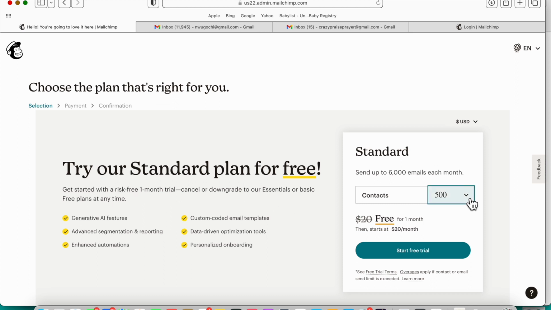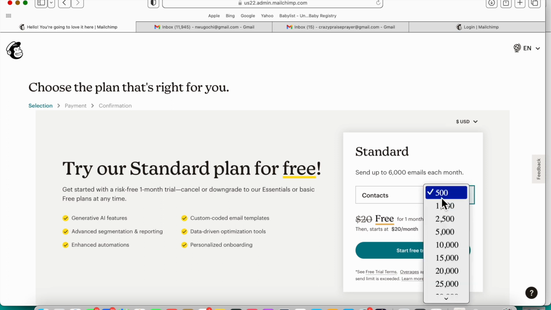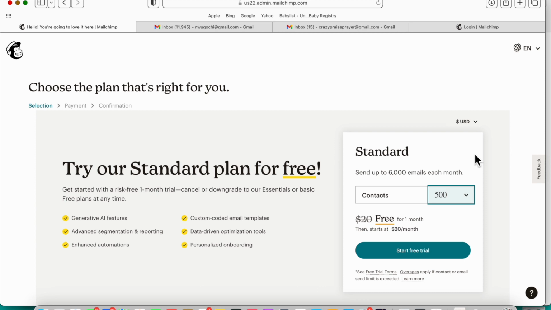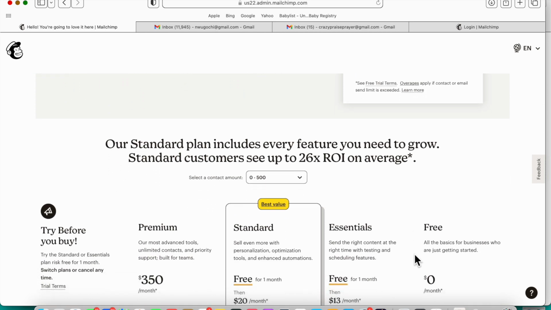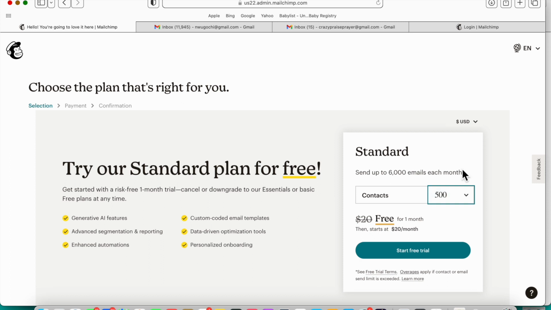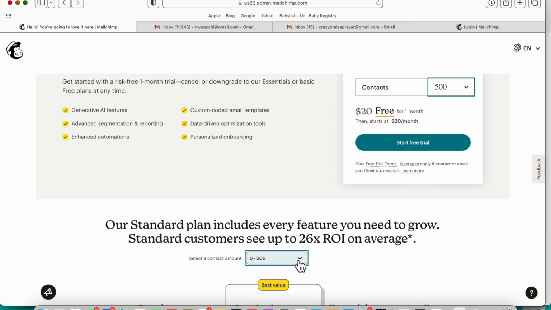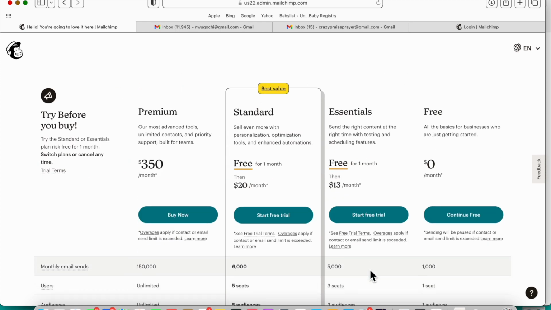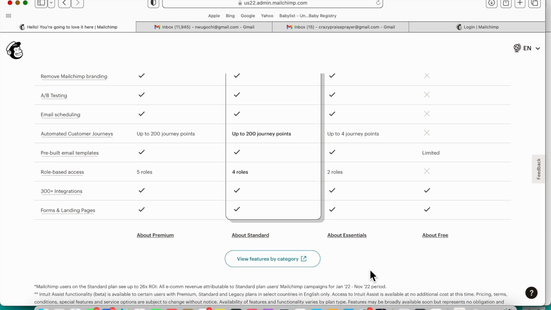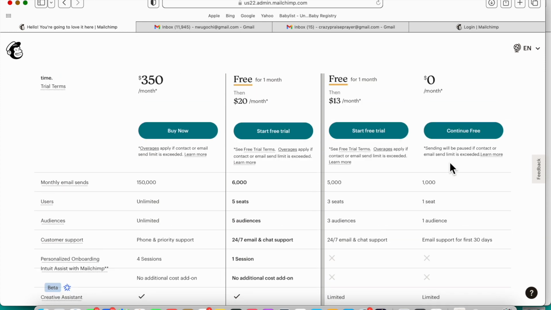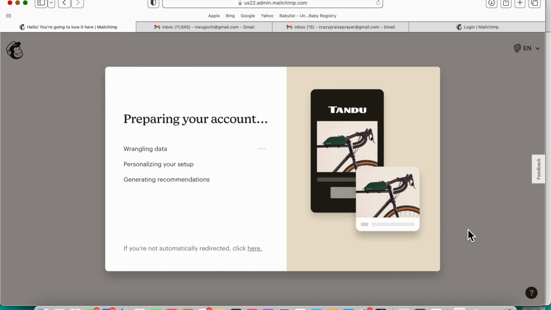go to next, and of course it's going to try to pitch you the standard version for free for 1 month. You could take advantage of this offer if you choose. I highly recommend you going with the free account. But if you are interested in the standard version, just to know what it gives you and to play around with it, it's free. They give you a free offer for 1 month. And so, no, we're not going to go with the standard, but these are all of the things that it offers. Please take a second to look through them, but hit continue with the free to go on and set up your